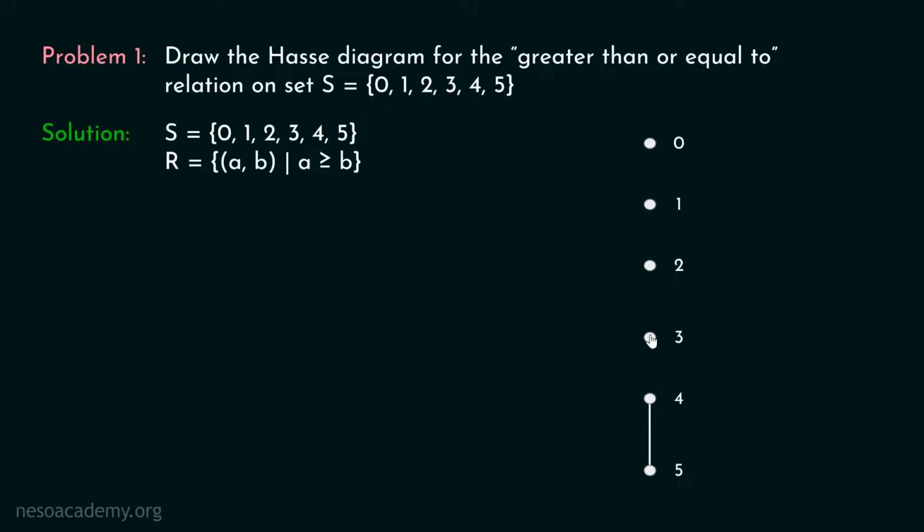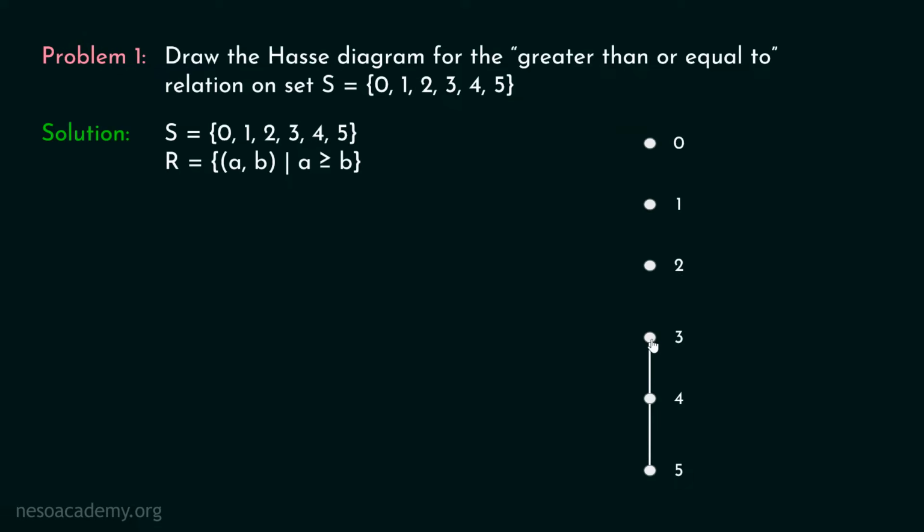Also 5 is related to 3, but we must select the topmost element in this chain. We learned this in the previous lecture, when we learned how to draw the Hasse diagram in the easiest way possible. We must select the topmost element in this chain. Here we know that 4 is related to 3 as well, so we can draw an edge from 4 to 3. Also, we know that we could draw an edge from 5 to 3, but we have drawn an edge from 4 to 3 and we have eliminated the possibility of drawing a transitive edge. That is why we must select the topmost element in the chain. Now in this chain, the topmost element is 3. So we must select this element.